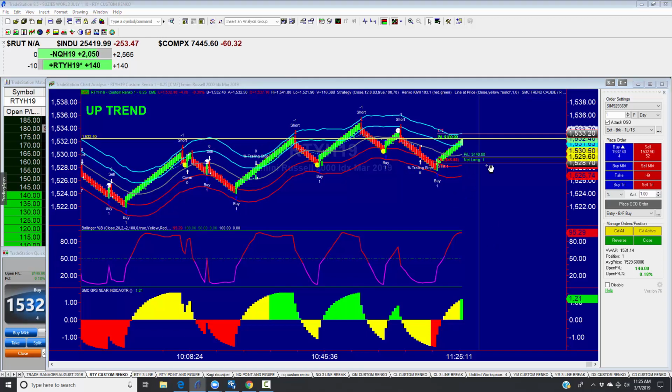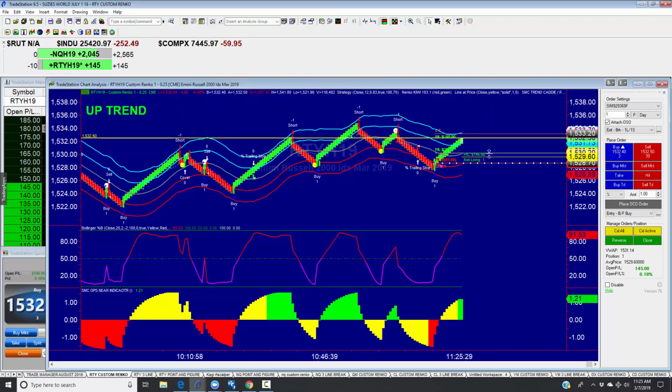And here's my stop. So I'm going to take my stop. Let me see if I can get on here and make sure that I don't lose anything. See? So now I got a stop loss in. I'm guaranteed that I'm going to make 180 or 35 bucks in less than 6 minutes